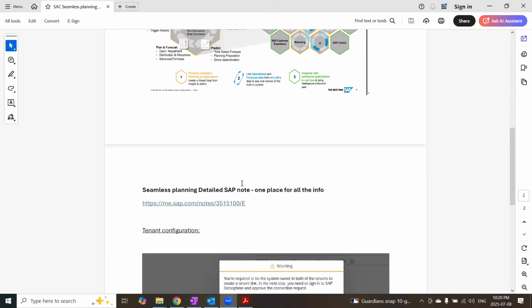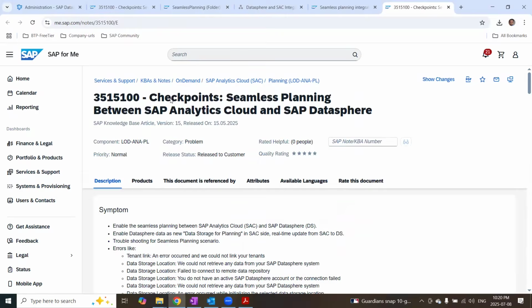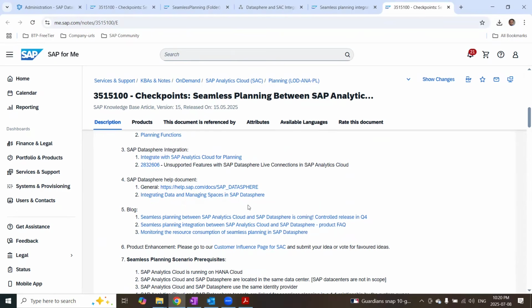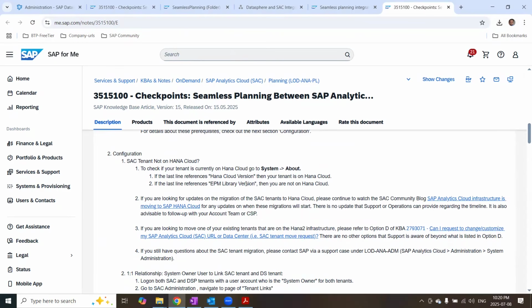Now let's take a look at the configuration part for seamless planning. There is a detailed note or KBA. You can access this and go through the steps required for configuration and also the usage. This note talks about prerequisites and also the configuration steps. Prerequisites are, you can see it has to be on HANA, SAC has to be on HANA Cloud, and it has to be one-to-one, both Datasphere and SAP Analytics Cloud to be on the same data center,